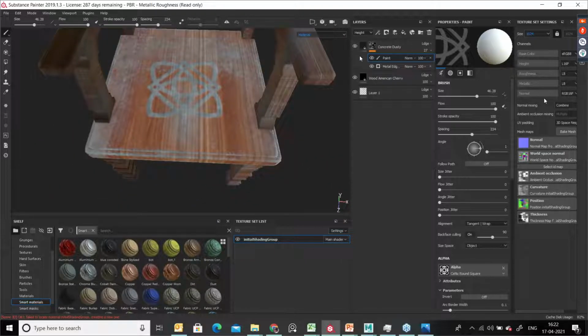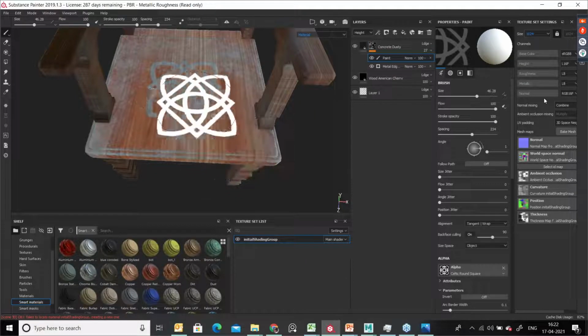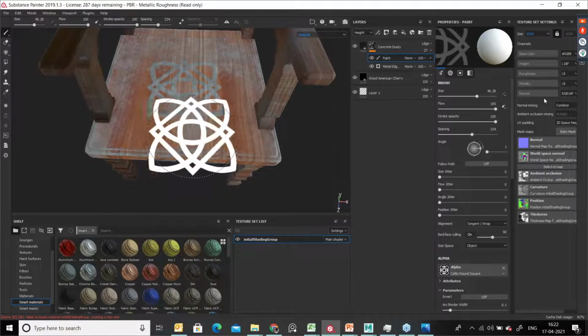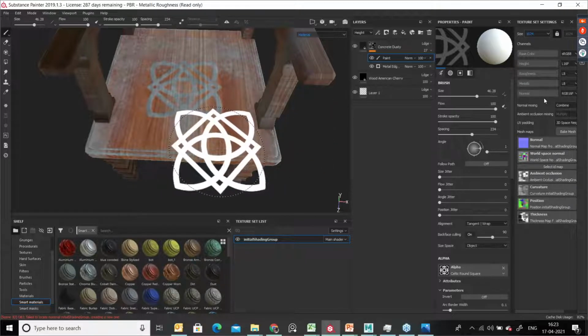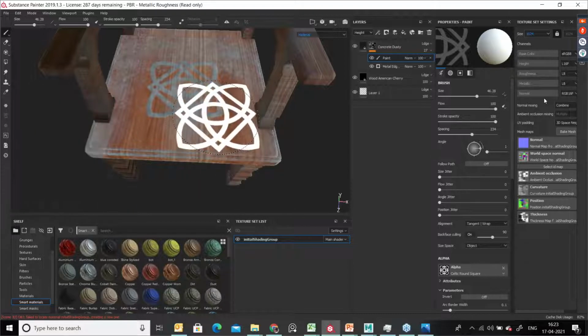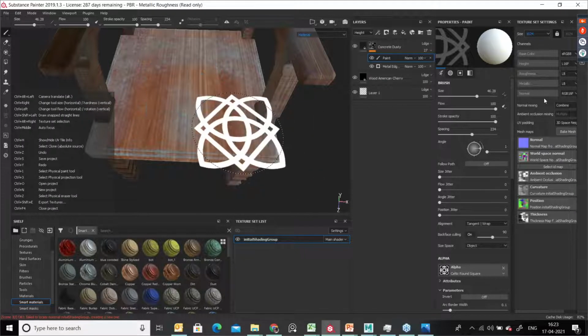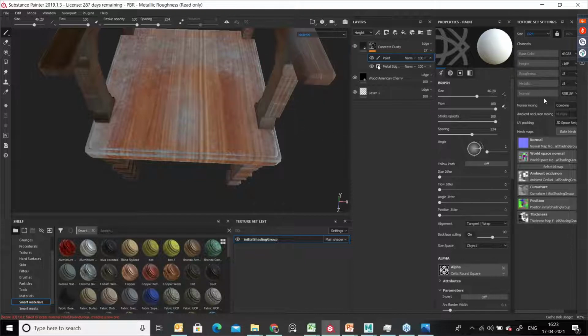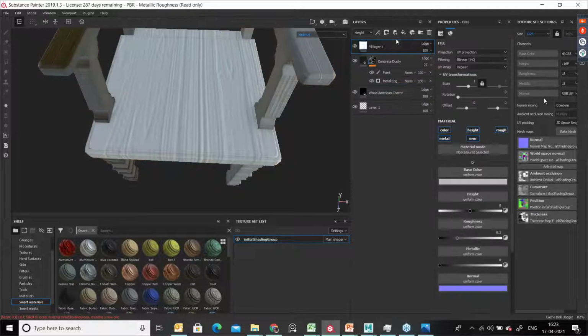Because this is an old texture over here in this layer, that's the reason it's looking a little old. Suppose you want to apply a different color, you should go with a different color. For example, I want to do this texture in a different layer. You can just go here, create one more layer, fill layer.